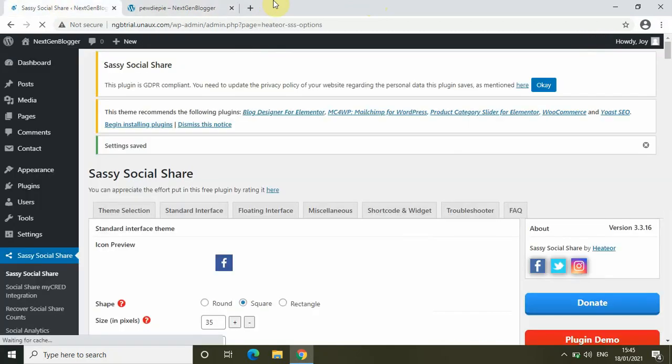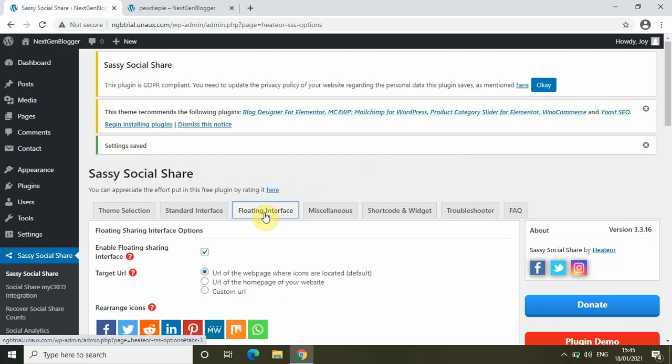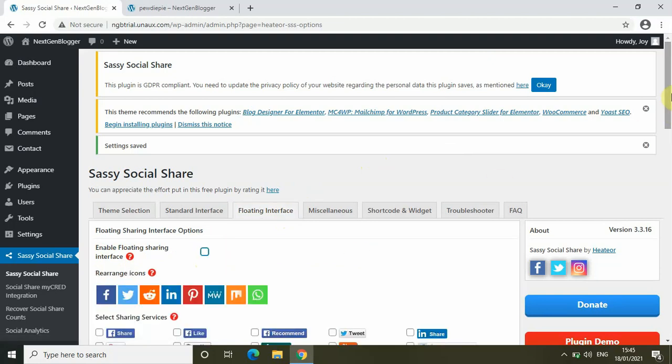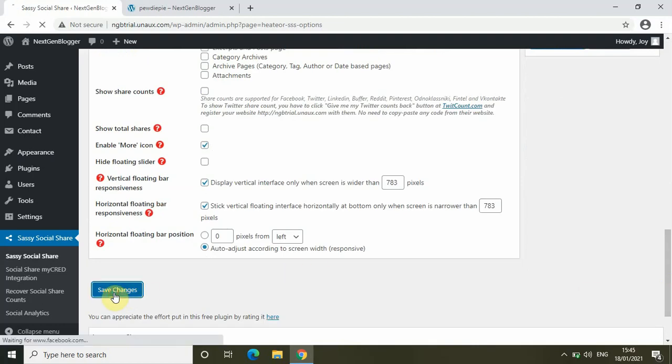So if you click at the floating interface menu which is present right here, you will find this option called enable floating sharing interface, which is currently tick marked. So simply uncheck this checkbox and the same process, click on save changes.